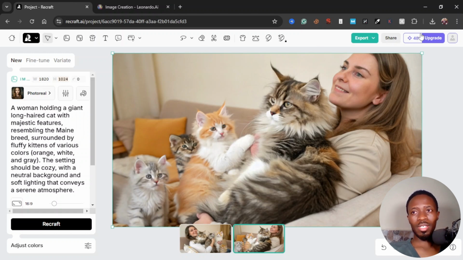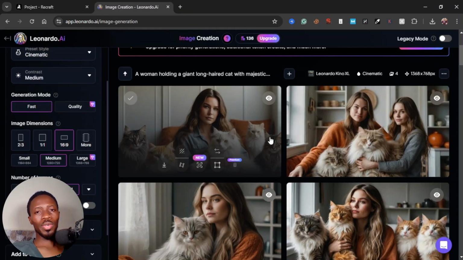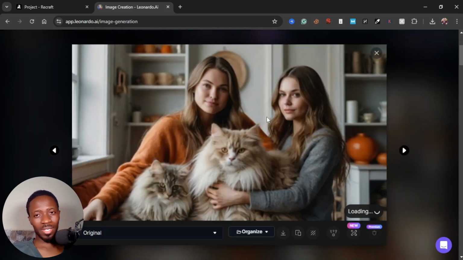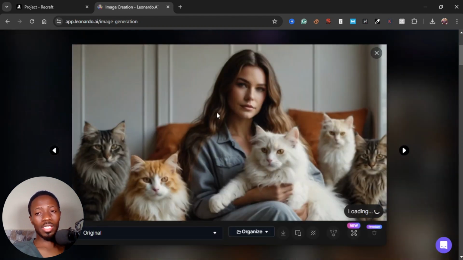And as you can see, it deducted 2 credits out of the 50 that we had, and you can generate a lot of images using this tool per day. This is a good deal. So for Leonardo AI, it even has an image that contains 2 humans, which didn't follow the prompt. And then I remember the prompt mentioning cats with different